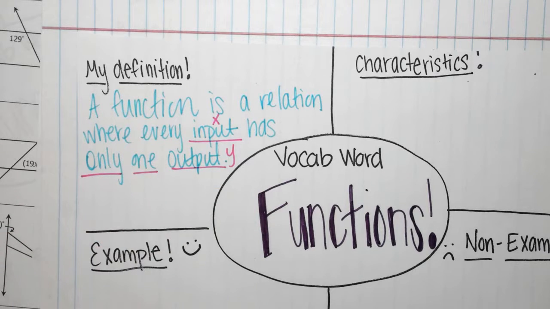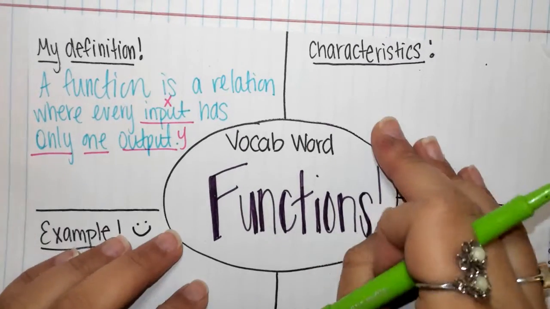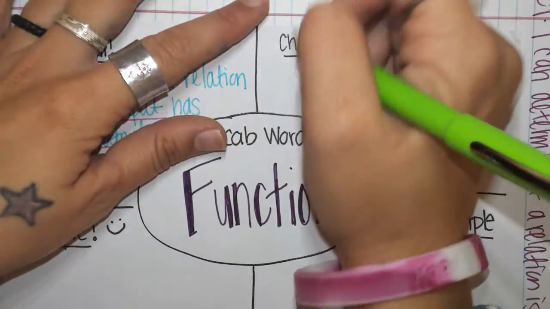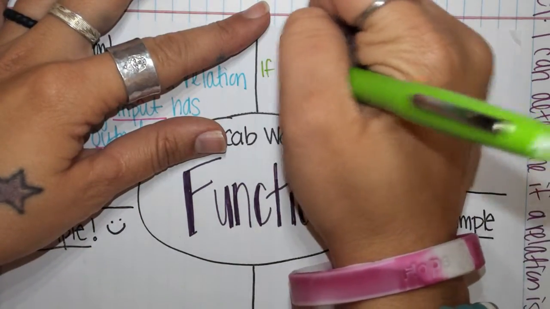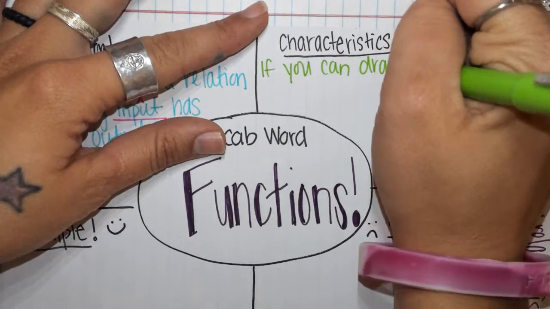And it is very important that we know that it has only one. When you're looking at a graph, we're going to talk about the characteristics on a graph first, and then we're going to talk about characteristics on a table. So on a graph, if you can draw,